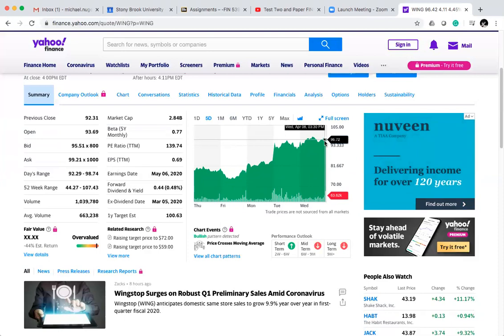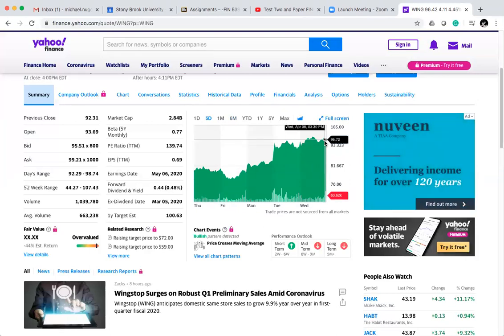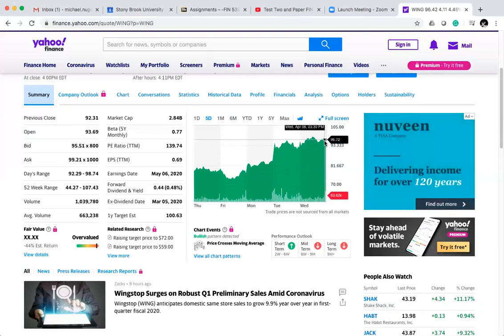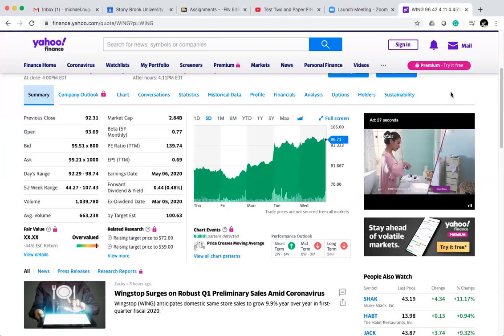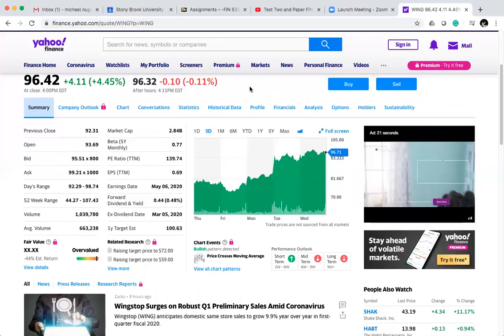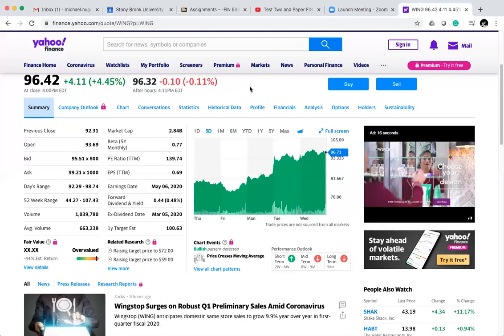So in my opinion, you're telling me that this stock should be valued at the same price as before the crisis, even though they're sure to have a slowdown in business based on what's happened. It's not reflected in the stock price. It seems like everybody ran back into this stock. And now, you can even see here that Yahoo is saying overvalued, with a PE of 139. So to me, it doesn't make sense. Why would this stock, being a restaurant, be close to its pre-crisis stock price? It just bounced back so quickly.